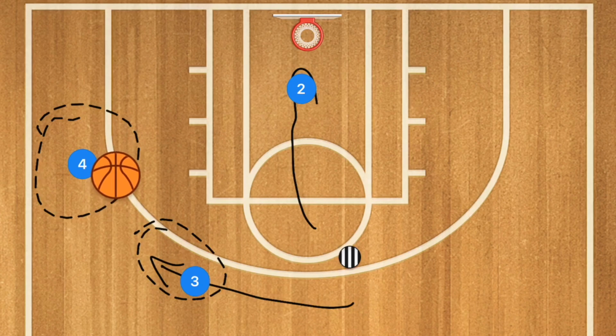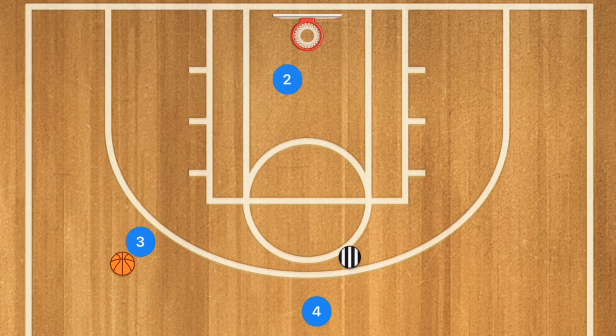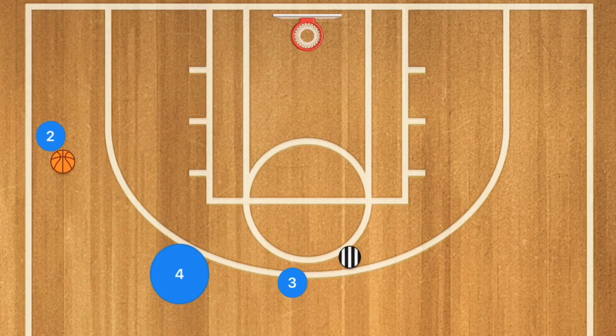He's going to pass to 3 or 2. It doesn't matter. Let's say he passes to player 2. Player 2 is going to go in for that layup. Now what I want to see happen is for player 2 to get that rebound and to pass it out to player 3. Player 4 is going to loop around after making that pass, and player 2 is going to pop out. And now we have continued through the drill. So again, passing, screening away,